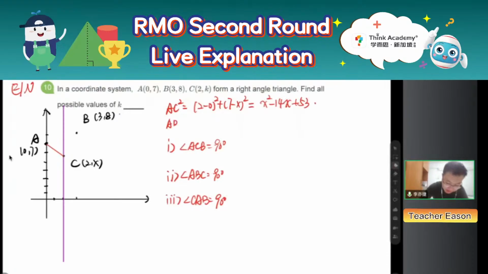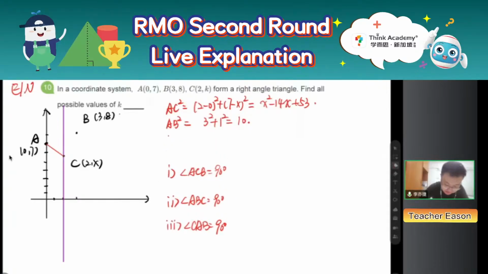Similarly, we have AB squared. AB squared is a constant number: 3 squared plus 1 squared equals 10. And finally, we have BC squared. BC squared is 3 minus 2 squared plus 8 minus x squared, which is x squared minus 16x plus 65. Okay, right? And then if we know one of the angles is 90 degrees, we can just use the